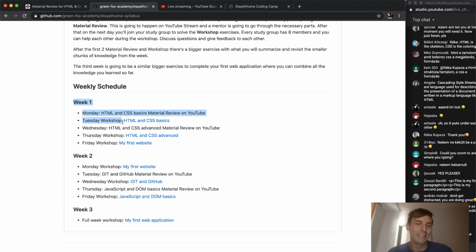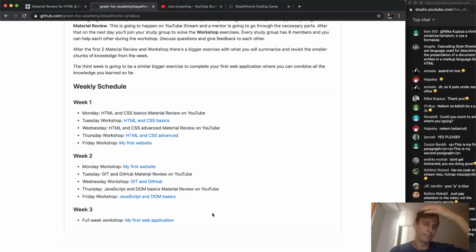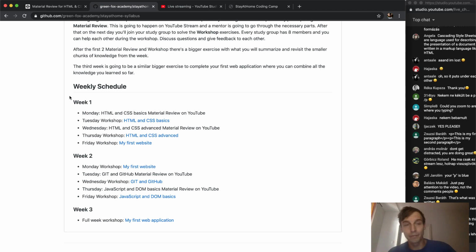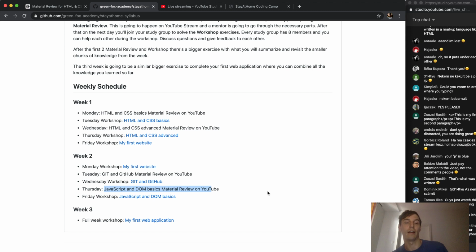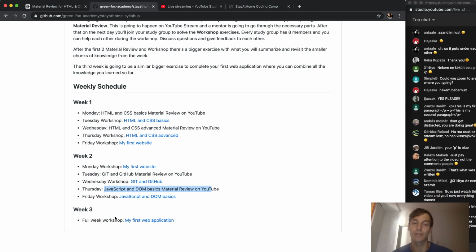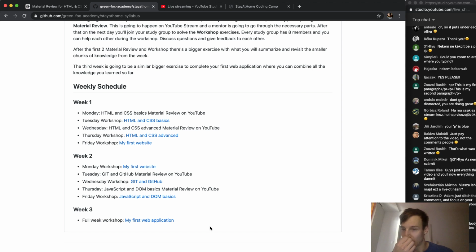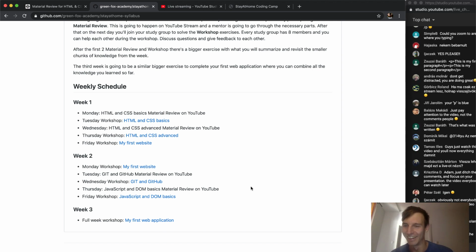This is going to be the 3-week schedule, and you probably already know the topics that we are going to cover: HTML and CSS basics and the advanced part, and we are going to have a little website project at the end of the first week, and then we are going to dive into Git and GitHub and JavaScript and DOM manipulation at the end of the second week. And after that, there is going to be a longer